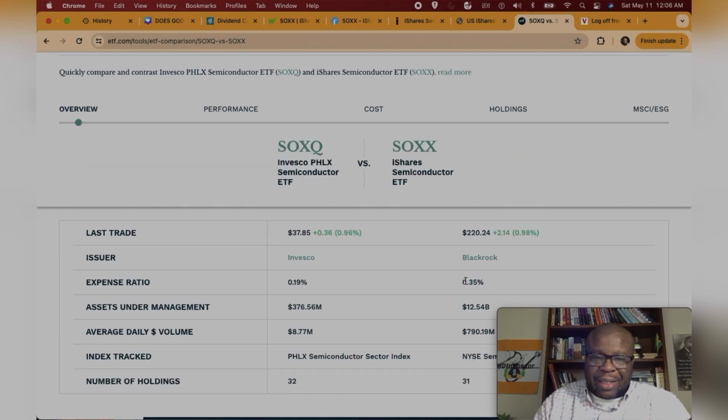One of the key differences between these two ETFs is the expense ratio. The expense ratio for SOXX is 0.35 or 35 basis points, which is $35 for every $10,000 you have invested annually. And the expense ratio for the SOXQ is a lot cheaper. It is only 0.19% or 19 basis points, which would be $19 for every $10,000 invested. So it's about half the